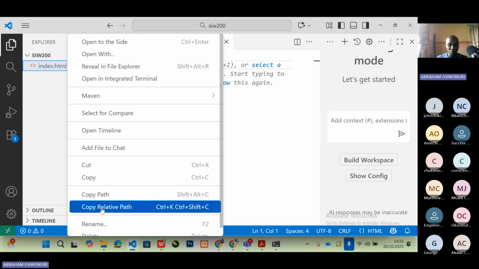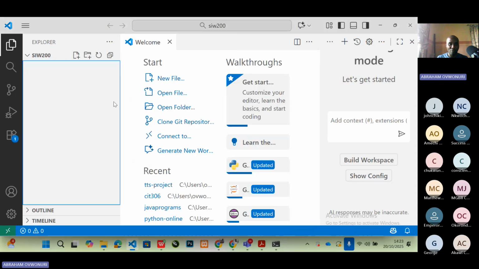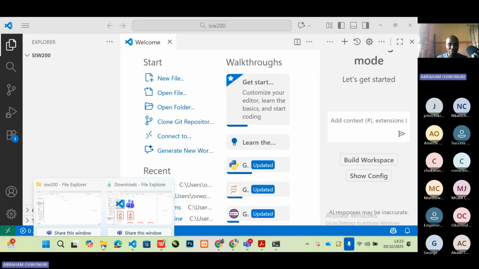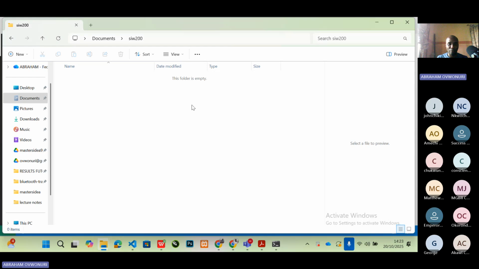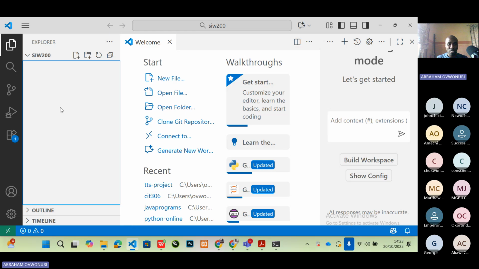So what I'm going to do is to delete the file, and then we'll check the folder again, just for us to confirm that there's nothing in the folder. Now we'll go back to the folder. You see that the folder is empty. There's nothing in the folder. Then if we go back to VS Code and we create that file, we'll say